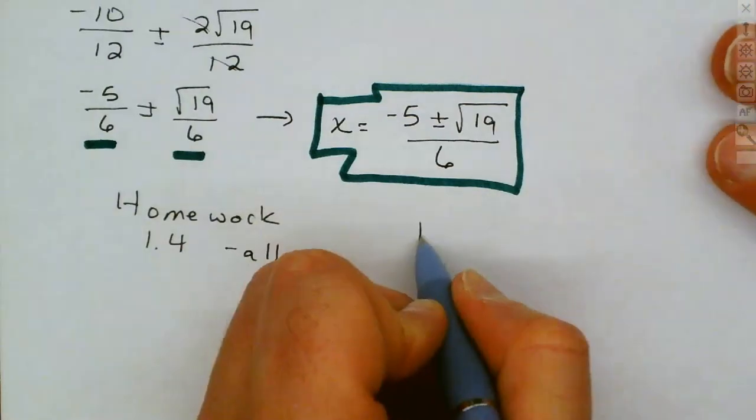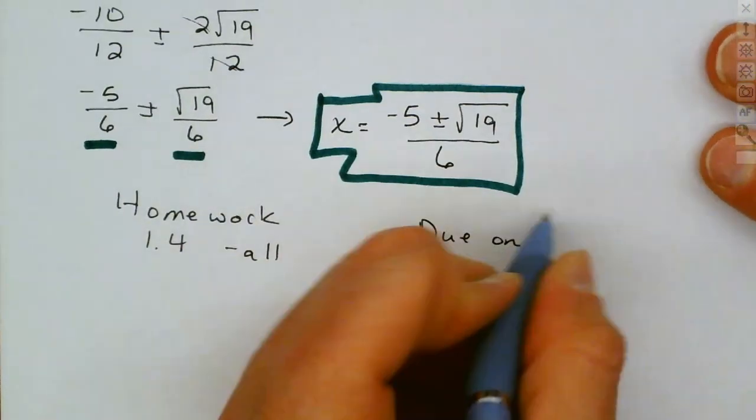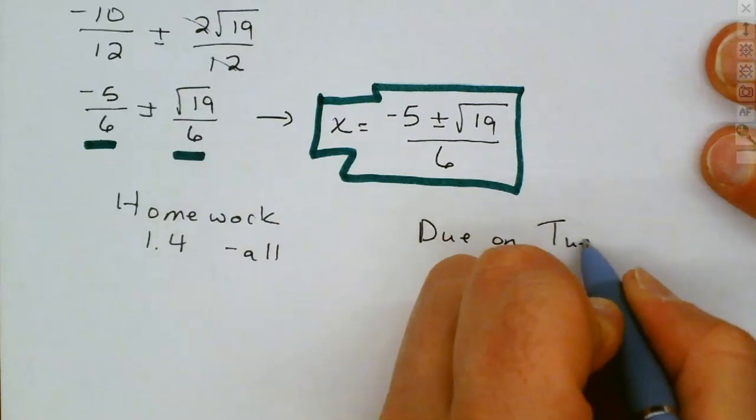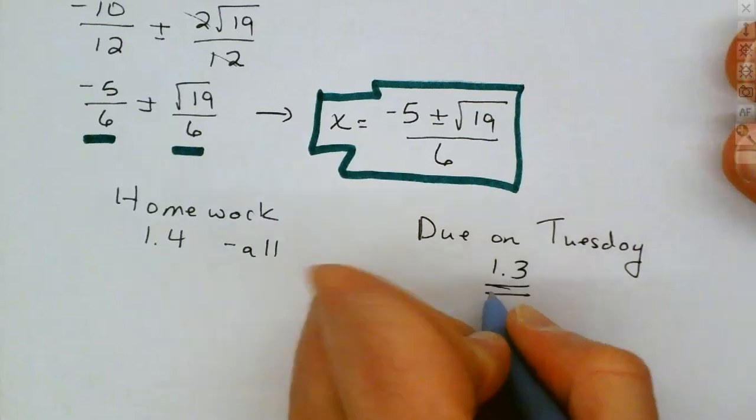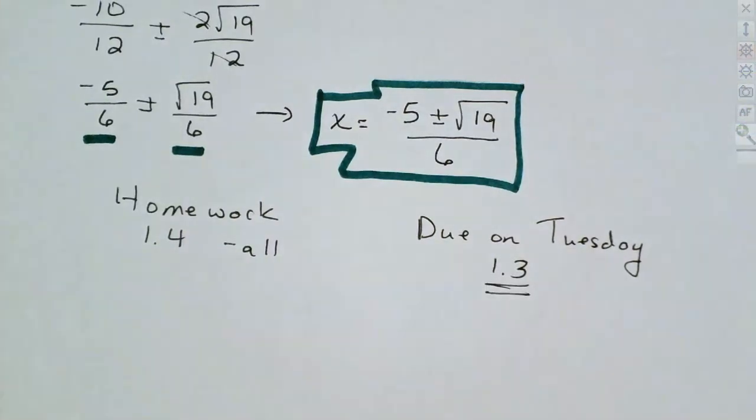What's due on Tuesday is going to be 1-3. If you've got 1-2 done, I'll collect that today. I also have your 1-1 homework graded. So if you turned in 1-1 from last time,